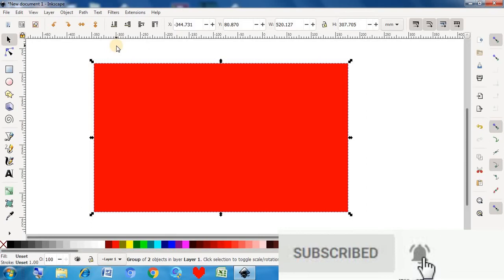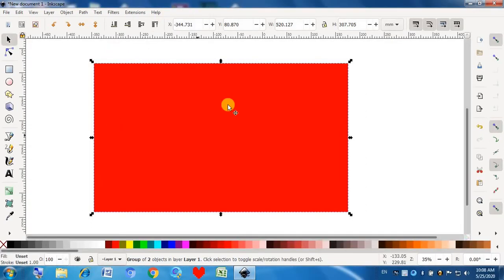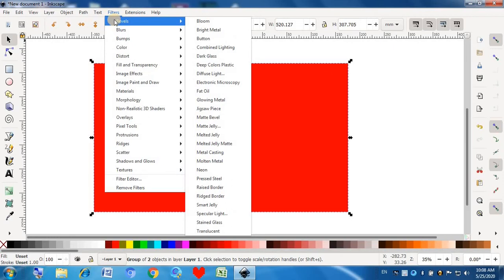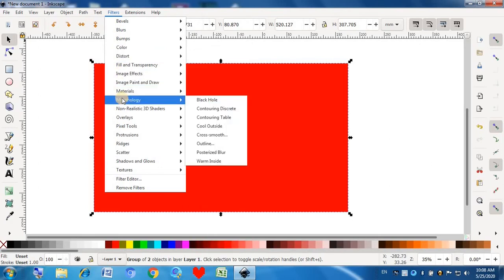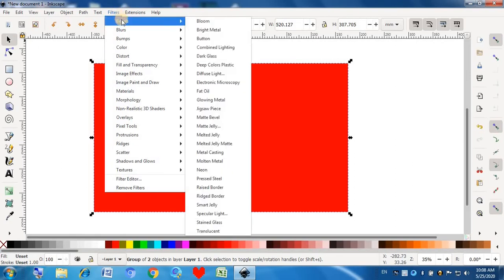So let's get started. Now we are going to start. You have to select this and go to filters. There are many filters, as you can see in the first one, but there is not much to tell about them. So I am going to talk about how they look to me. First, select a rectangle. First I am going to talk about